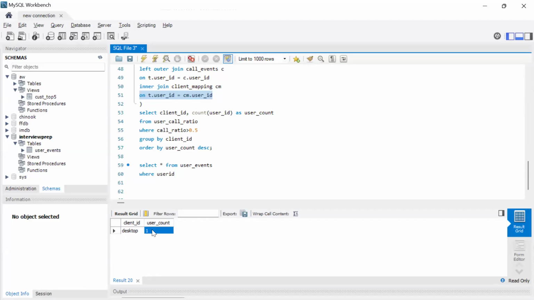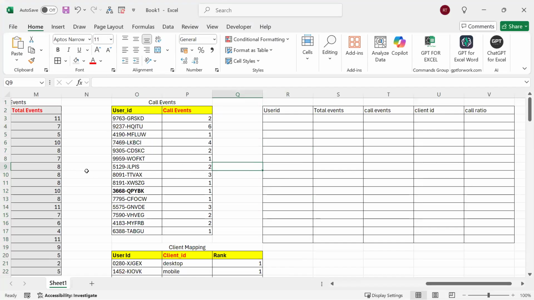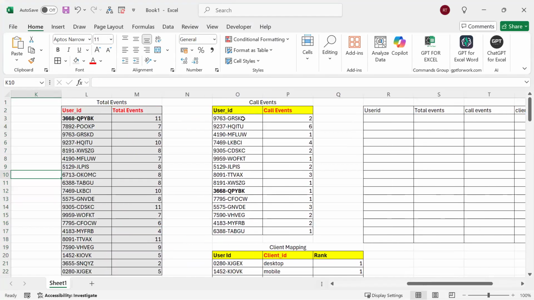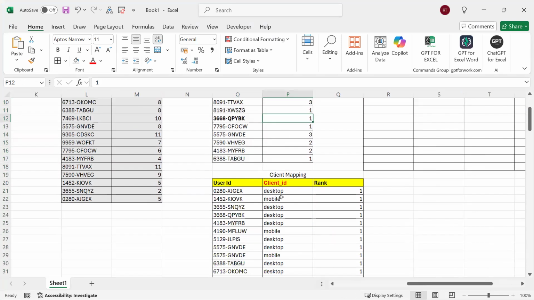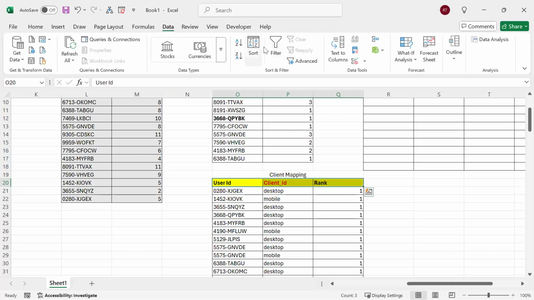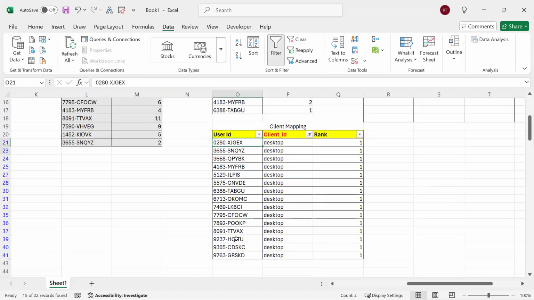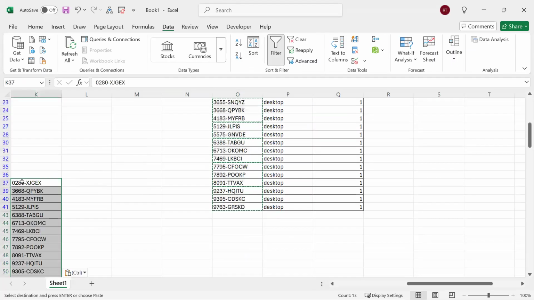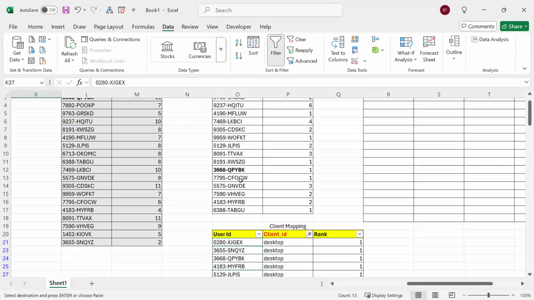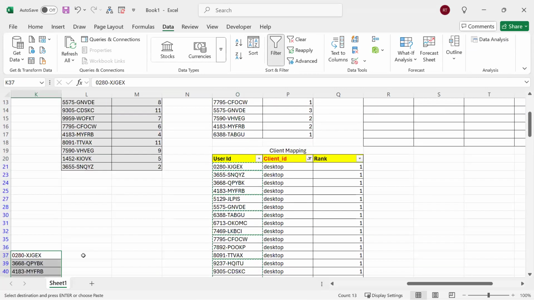राइट? वो हमने निकाला है। अगर तुमको बैक ट्रैक करना तुम बैक ट्रैक कर सकते हो। कौन सा बंदा हो सकता है वो? यहाँ आके देखो, बंदा इनमें से ही होगा। अब इनमें से भी कौन सा होगा? डेस्कटॉप वाला होगा। तो अगर मैं डेस्कटॉप वाले पे फिल्टर मारता हूँ, डेस्कटॉप के ये बंदे बचे हुए हैं। अब इन बंदे में से कोई एक बंदा होगा जिसका कॉल रेशियो 50% से ज्यादा होगा। हम लोग क्या करते हैं, इन सारे बंदों का कॉल रेशियो निकालते हैं। ठीक है? ये सारे बंदे लेते हैं, इसको यहां डालते हैं। ये सारे डेस्कटॉप वाले ही हैं। इनका हमको यहाँ से उठाना पड़ेगा, थोड़ा मैनुअली काम करना पड़ेगा।